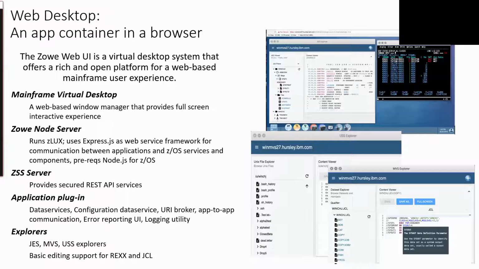The web desktop, I think it's more for the end user. So for a person who is faced with the mainframe for the first time, having an interface that is more modern, like a web UI, can improve their productivity and reduce the learning curve. As anticipated, in this web desktop, which is an app container in a browser, there are already available